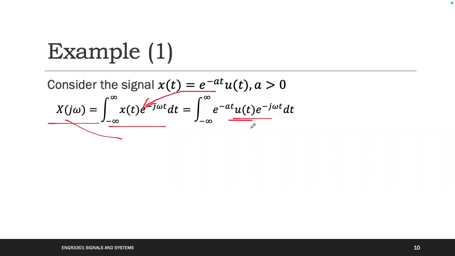Which means u(t) equals 1 when t is greater than or equal to 0, otherwise 0. So here t is from negative infinity to positive infinity. When you remove u(t), it's just from 0 to positive infinity, and then you can remove that one. That makes sense. And then those two parts are left, and you just convert this one to